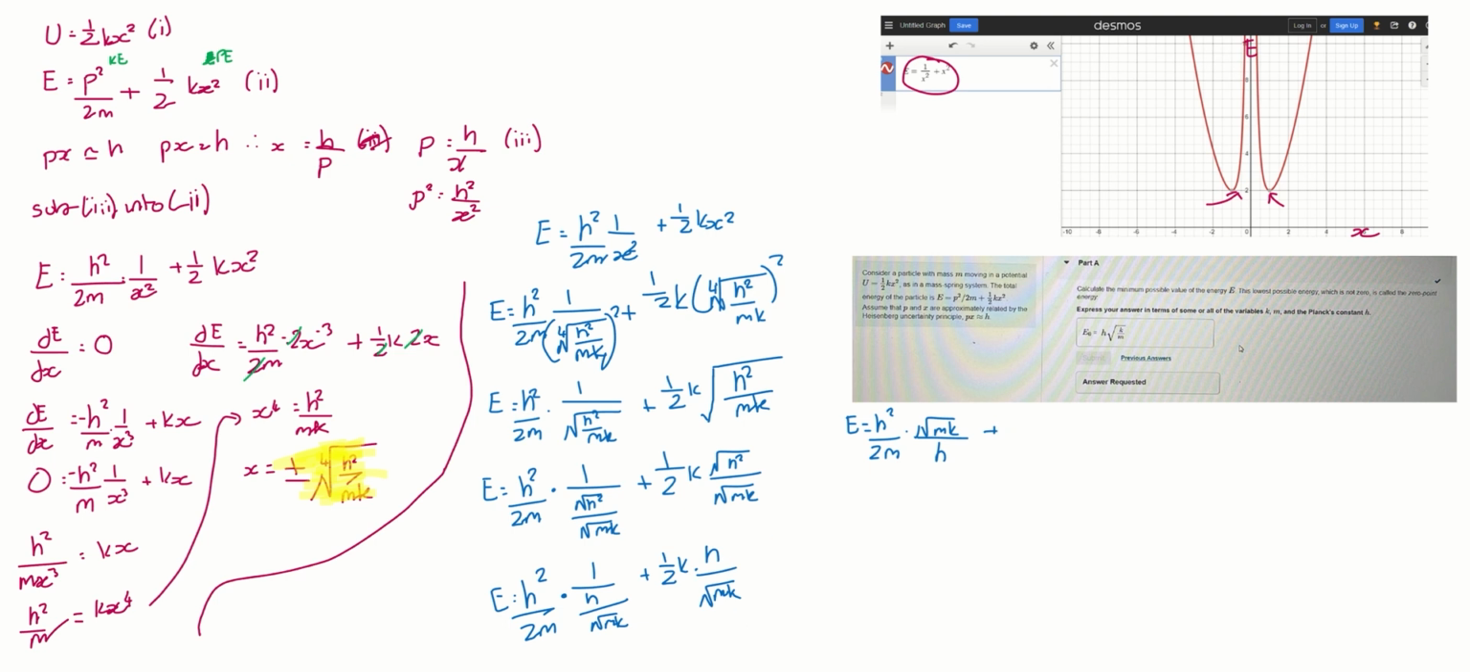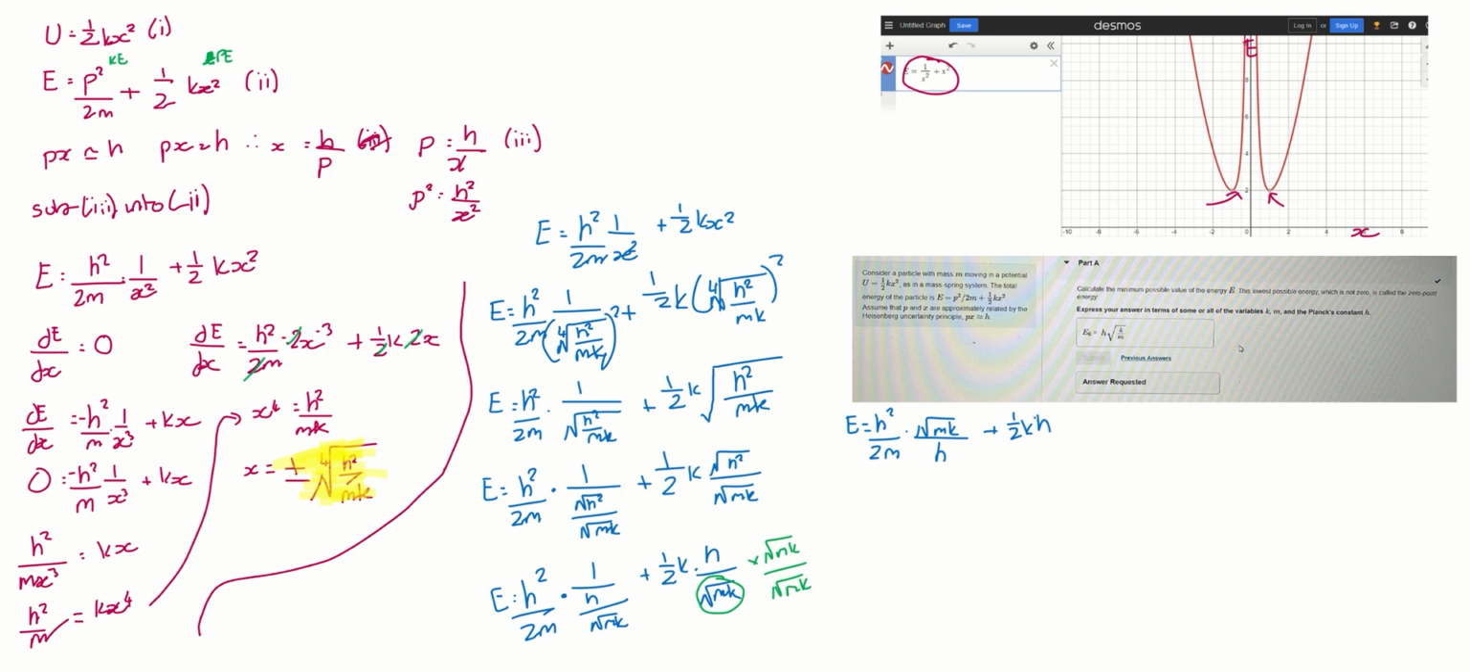We got a third at the bottom. Not very nice. We don't like that. So we rationalize the third. So we're going to times the top and the bottom by root mk, because root mk divided by root mk is 1, so it's not going to make any difference, but that means we end up getting plus a half k